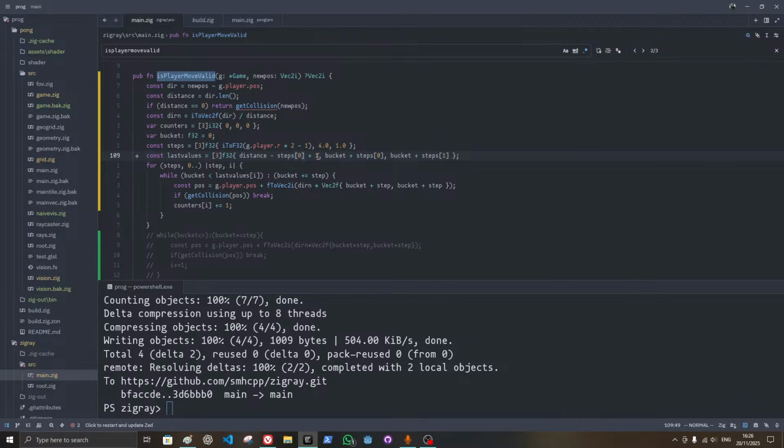But I'm not sure about this, it might lead to some weird bugs. I have a bucket plus steps, so if we find a collision somewhere along the way with the big jumps,